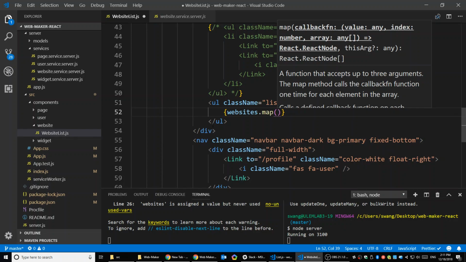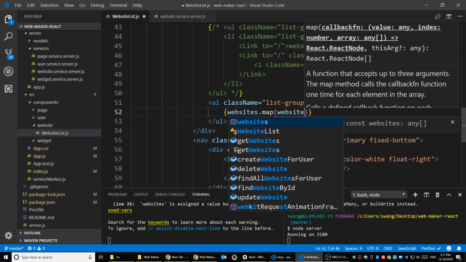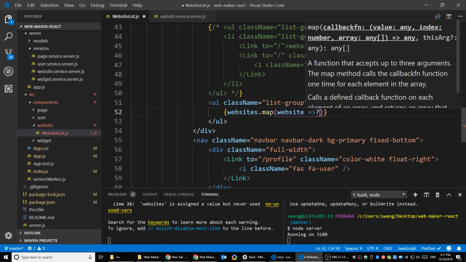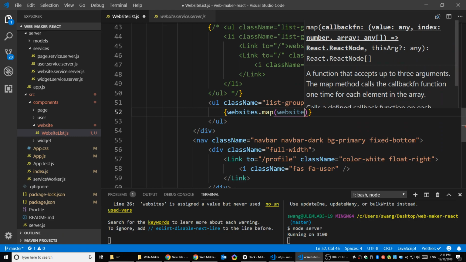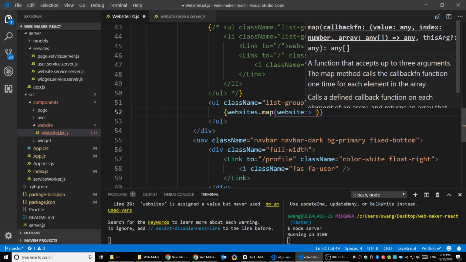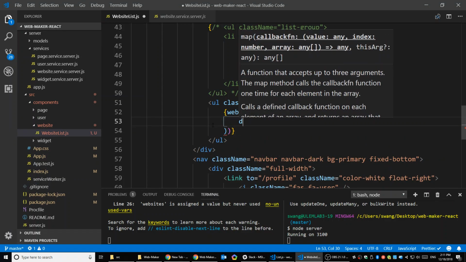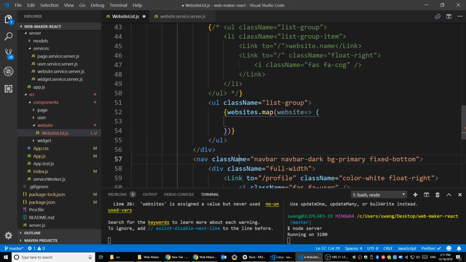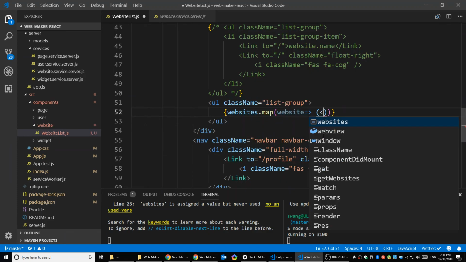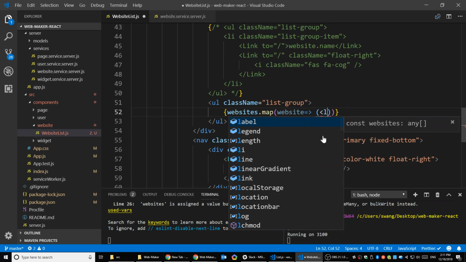For every website we have here, we are going to map, for all the websites we have here, to return the function. We are going to render some stuff. For the website, we're going to render like this. Right now, it's just doing a list item